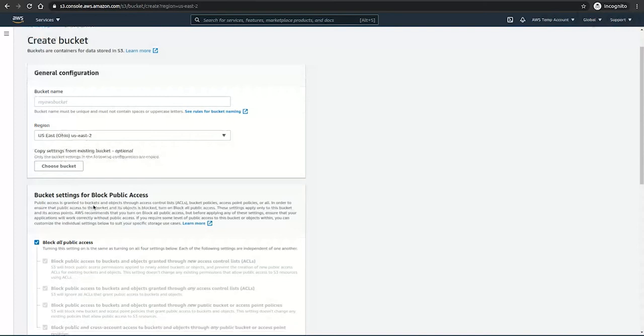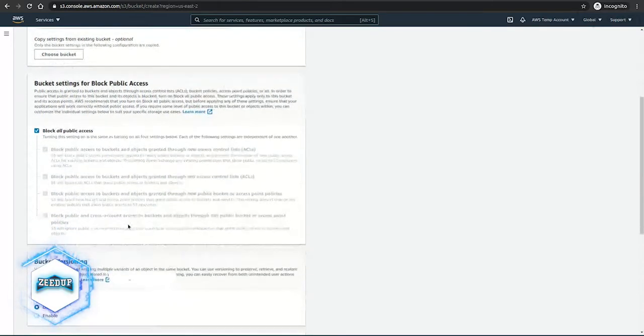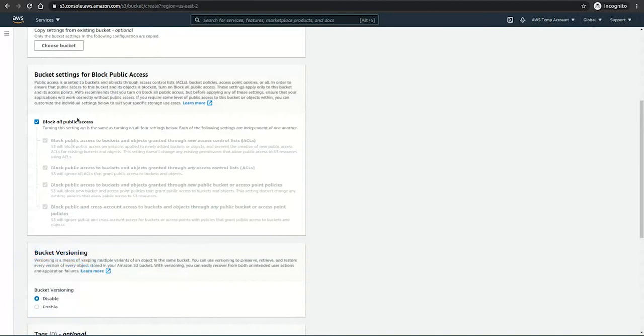A very important aspect of S3 is the security of all the services that AWS provides. Today we will see S3's security. S3 security is such that by default it blocks all public access. What does this mean? No public will be able to see this bucket ever on their internet or on their AWS portal, even accidentally.